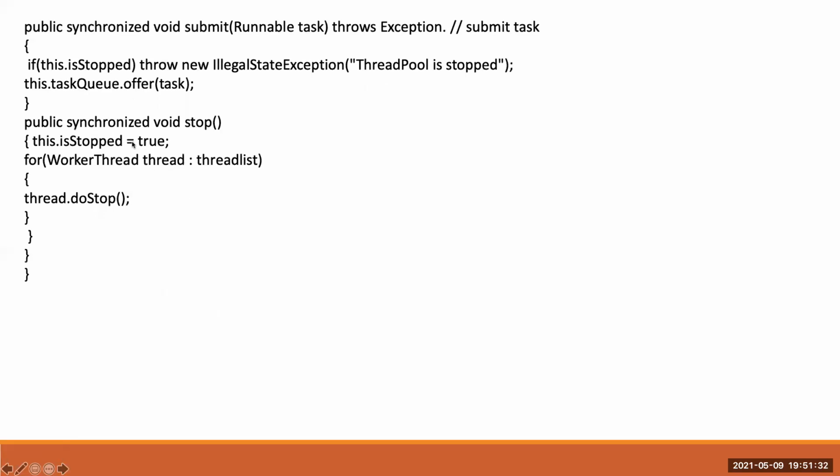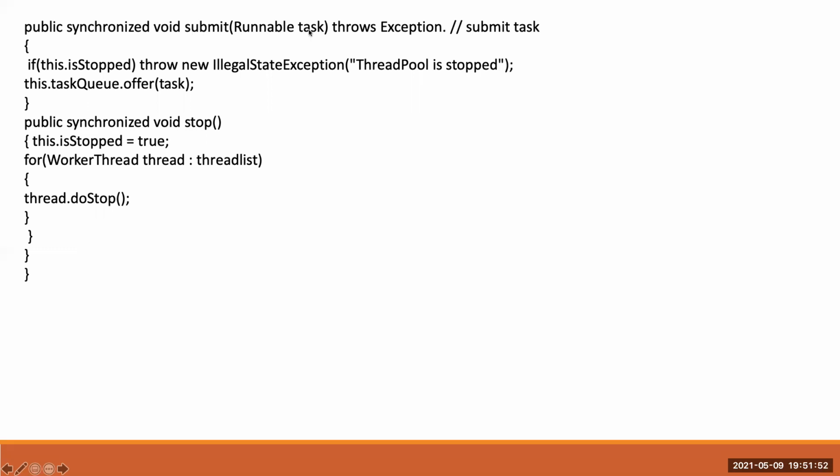So here the first method will be the create option. The create process will happen in the constructor itself. Our own thread pool class constructor will help to create the thread pool. Once it got created, the next method will be the submit method.